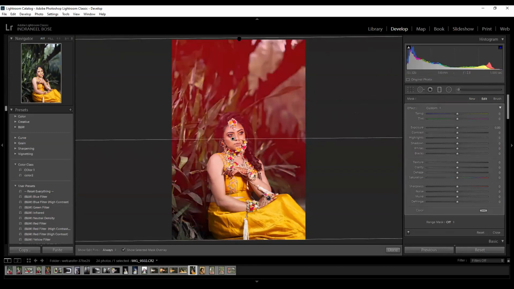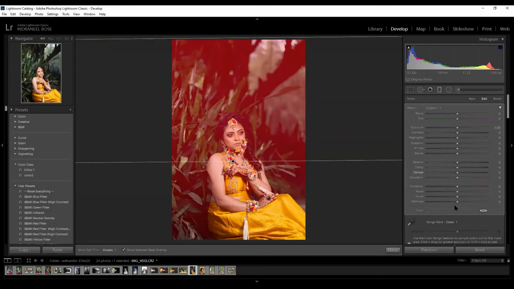Now you see a mask which is on the skin tone also, as well as in the dress. First and foremost, we take the colors and pick the zones. The red is present here. The red is present here. So here it is affecting my hair. So I will try to avoid this.